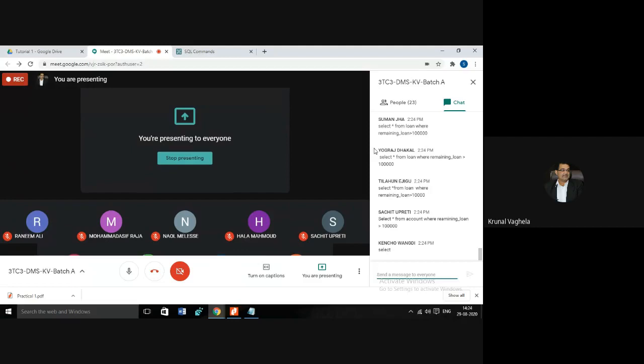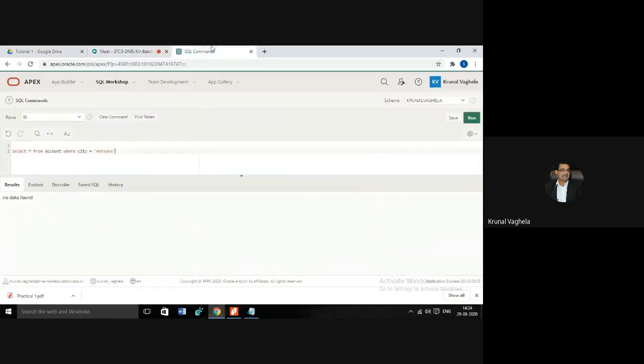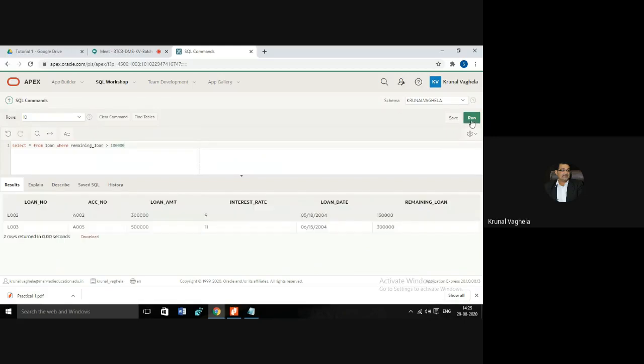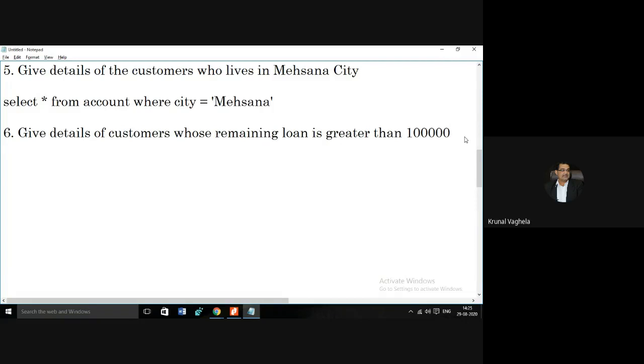Very good. So let me run this. There are 2 records where remaining loan is 1 lakh and 3 lakhs. So this is something.